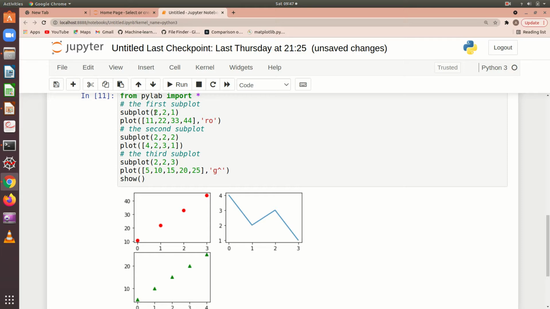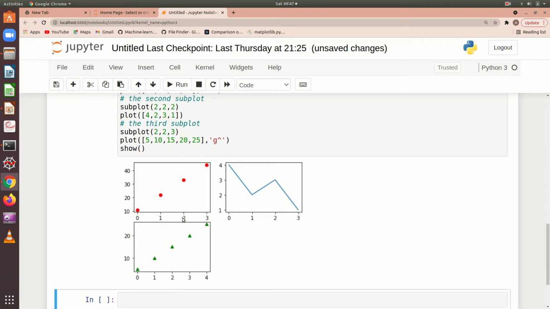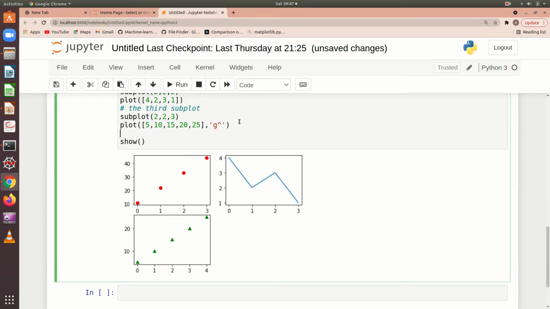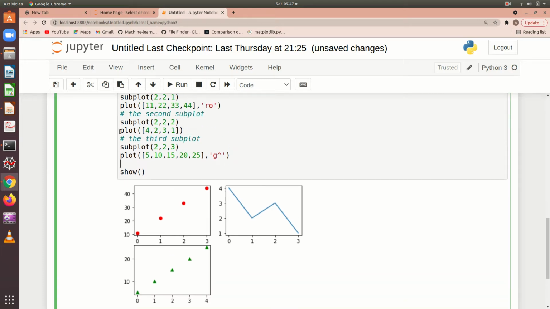So when I say 2 comma 2, it creates 2 rows and 2 columns. The first subplot comes here, second subplot comes here, third one comes here. And if you want the fourth one, again you can give it this way.